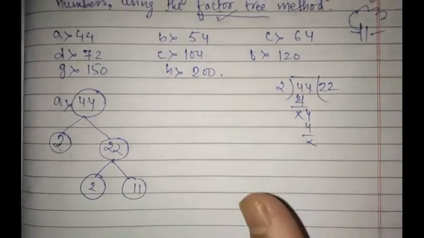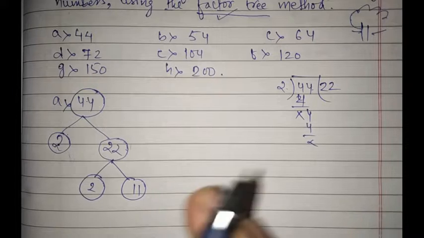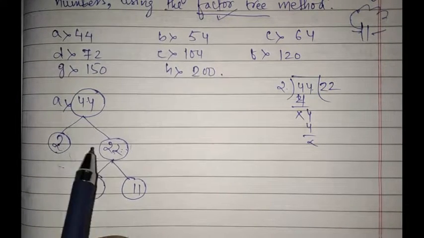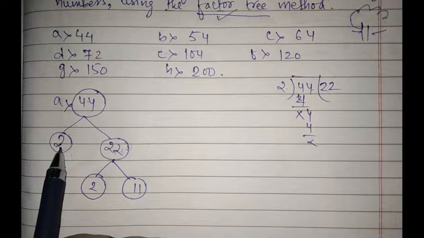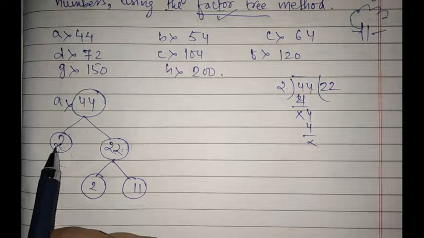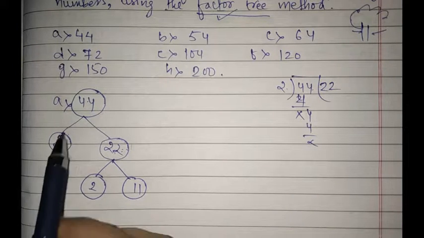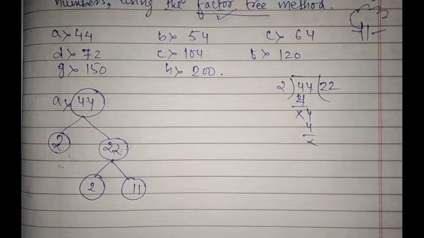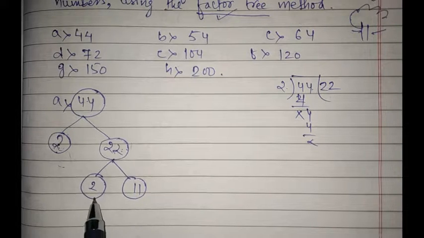So students, I hope the concept of the factor tree is clear. Why is this called a tree? Because you are able to see the branches here. You have to use the smallest prime number 2 first. If 2 is not able to divide the number, then you will use 3, the next smallest prime number. Then you will move on in that way. So 2 into 11.